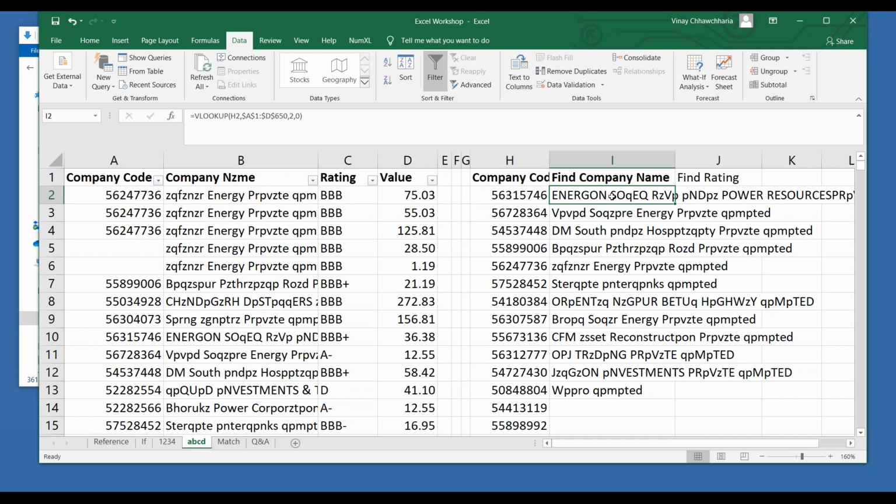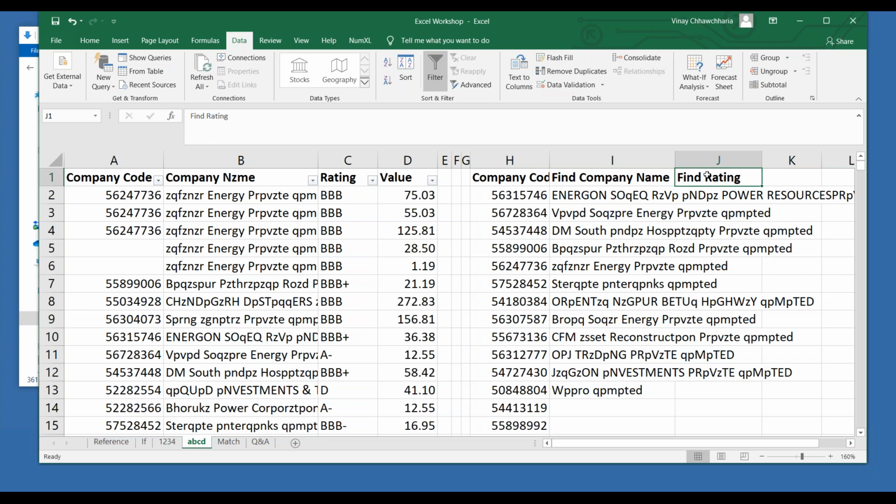Now just if the understanding is right, find the rating. Just see how many of you are able to get the rating part right. Remember, you have to find rating on the basis of company code.